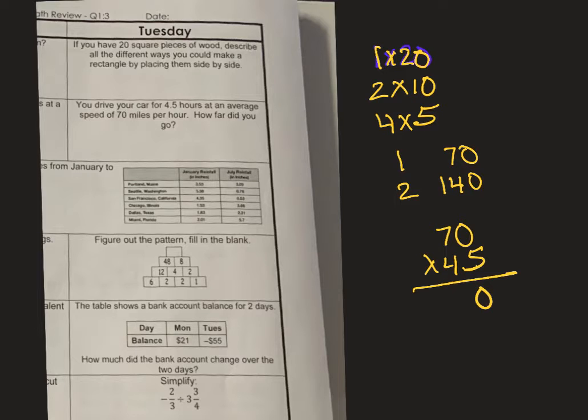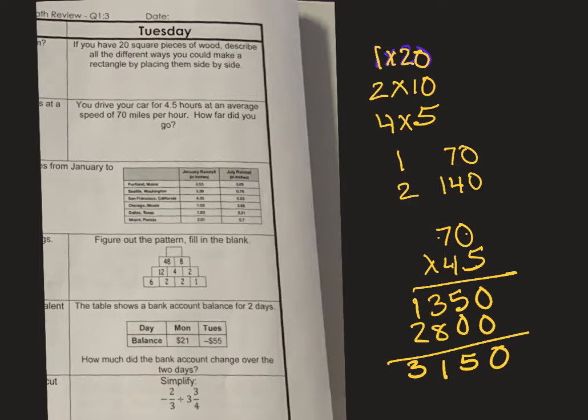So 0 as a placeholder, 35. Not a placeholder, it was 5 times 0. Now 0 as a placeholder. 4 times 0 is 0. 4 times 7 is 28. Add them up. We need 1 decimal, right? So that's going to be 315 miles